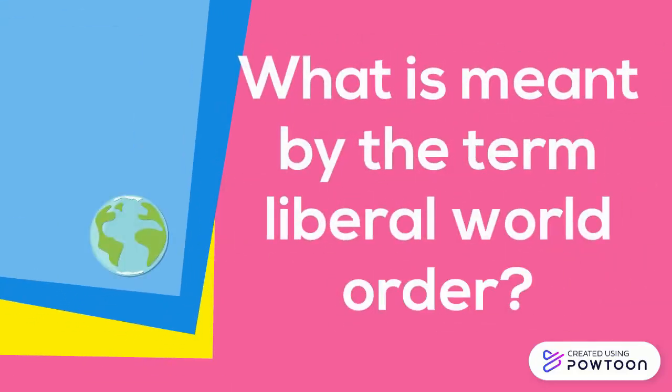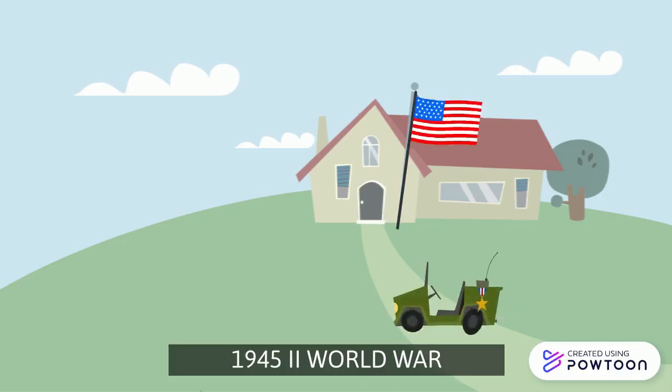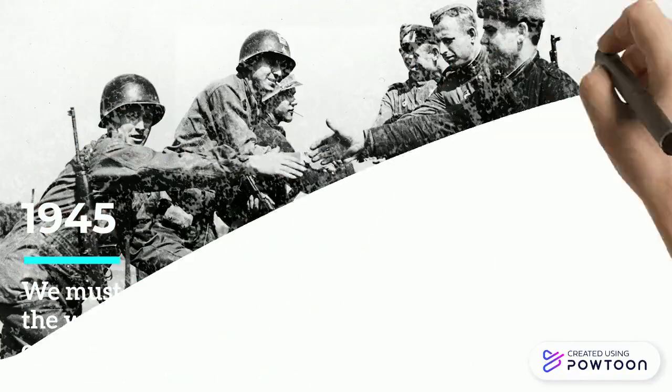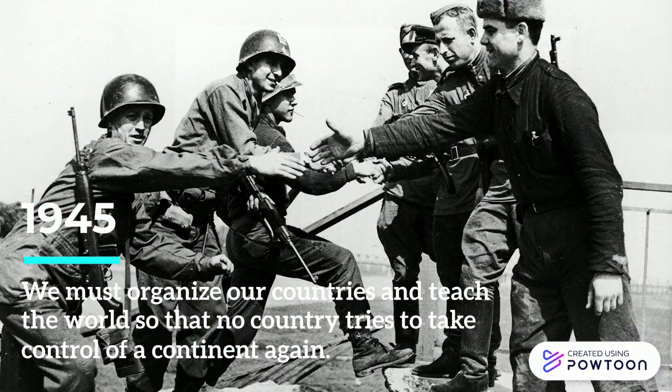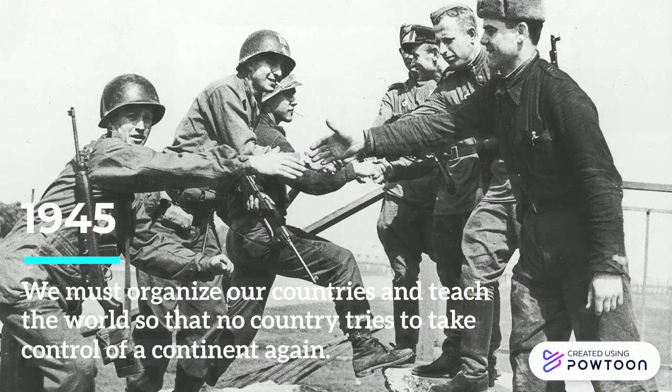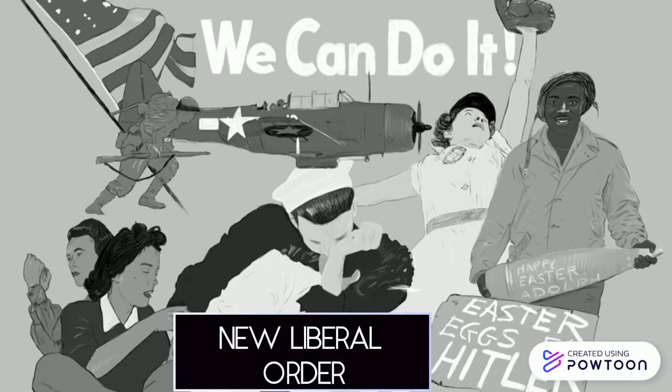So in order to answer this question we have to go back to 1945 after the Second World War, because once victorious the United States and its allies in the West decided that the world should be organized so that no country will try again to take control of a continent. And under the vision of liberal theories, this nation led by the United States established a new order of multilateral